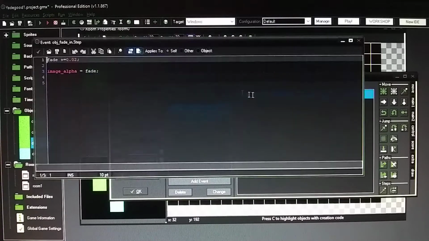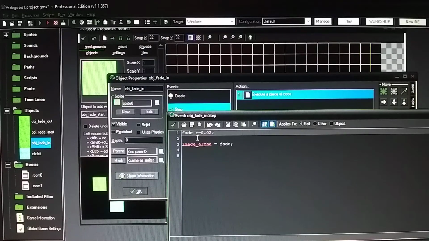For the step event, you're going to do a fade plus equals 0.02. So you're doing the opposite, because with the fade out you had it minus equals, this is plus, and you have image alpha equals fade. So it's telling the computer it's going to fade in,